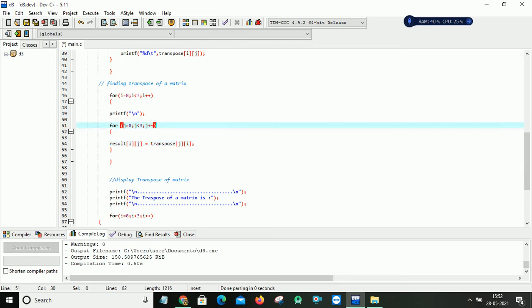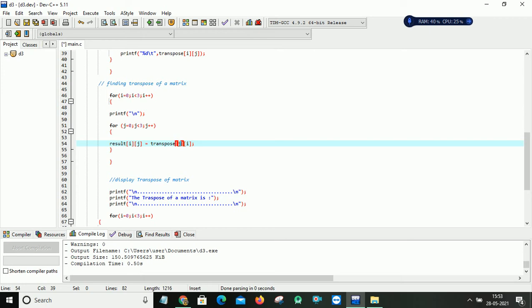Now j becomes 1, so i is only 0, because we are in the internal loop. Only after we exit from the internal loop do we come outside and access the outer loop. So j becomes 1, and now it will take the 0 1 position in the resultant matrix. In that, it will copy the content of 1 0, because my j is 1 here. So 1 0 position in my original matrix, the second row first element, is copied into my resultant matrix first row second position.